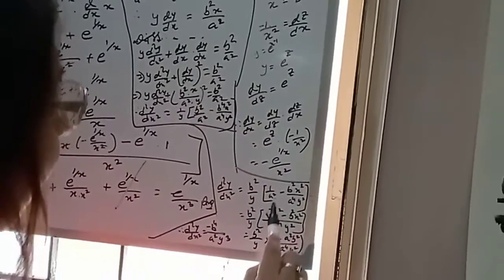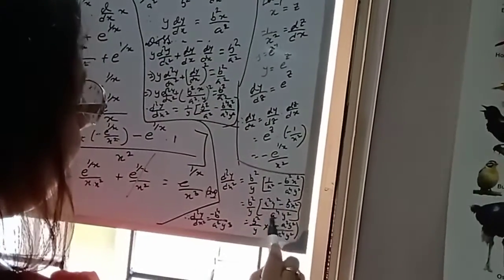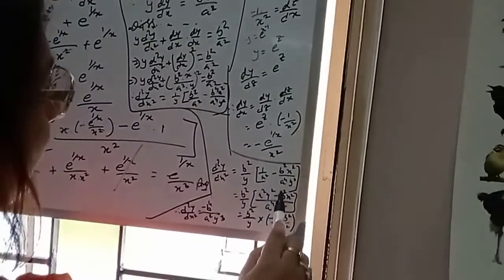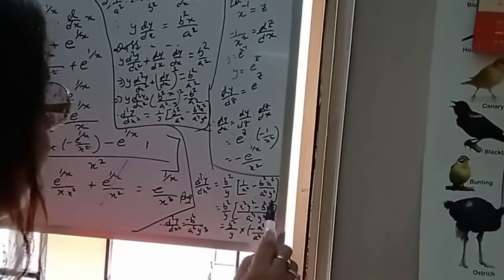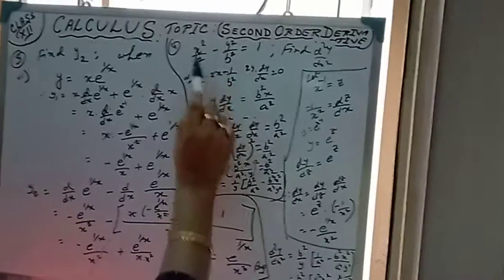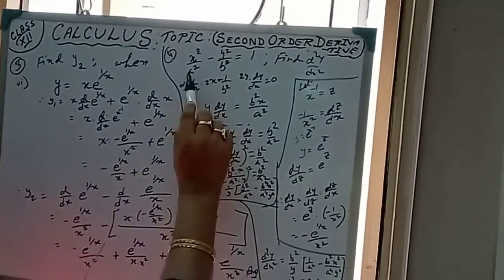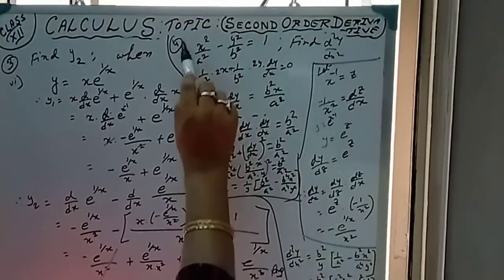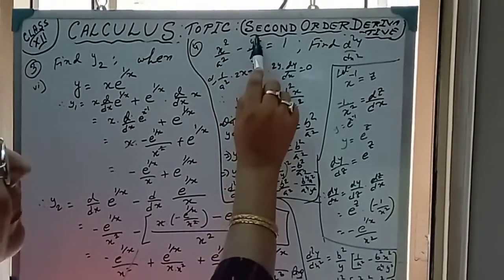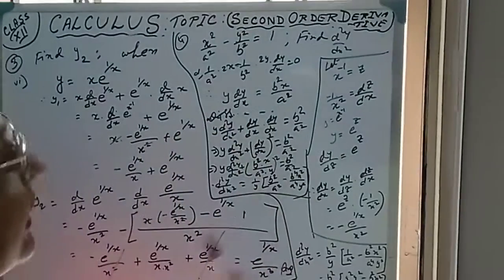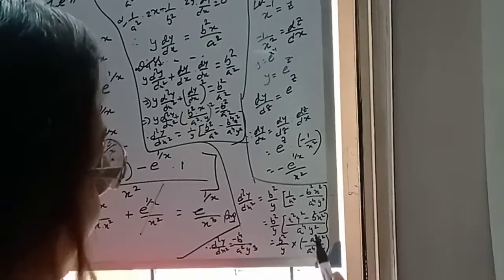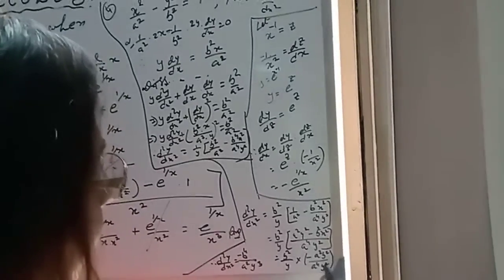Now b square by y, and just do this LCM part. LCM is a to the power 4 y square, and here we will get a square y square minus b square x square. Now a square y square minus b square x square, from the given equation, when we do this LCM, we will get b square x square minus a square y square is equal to a square b square. Since we have written a square y square first, it will be the negative term. So minus a square b square by a to the power 4 y square.